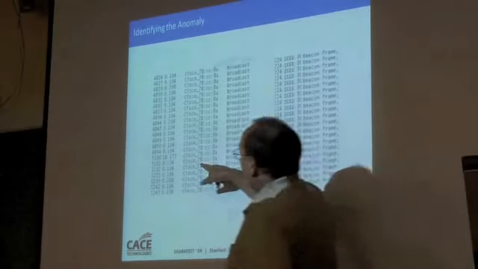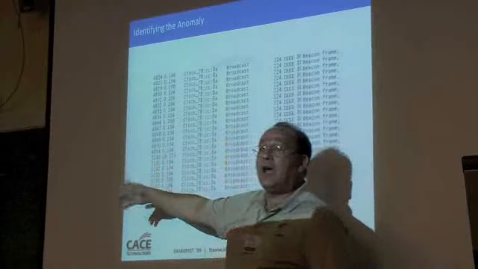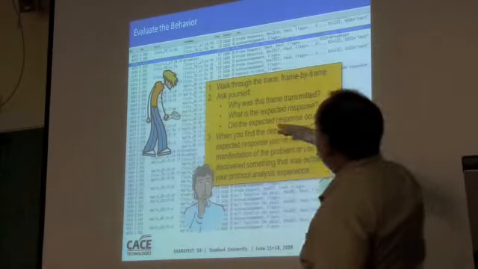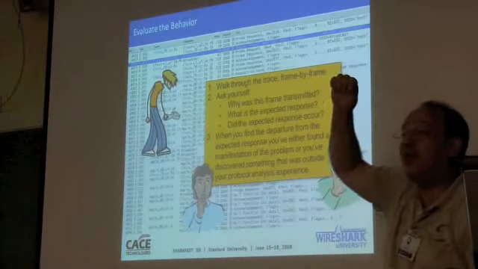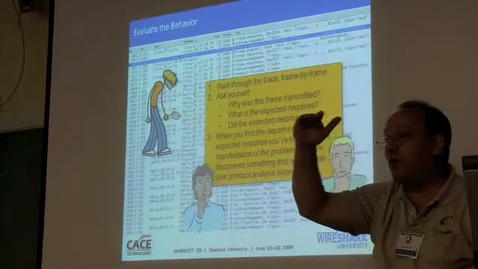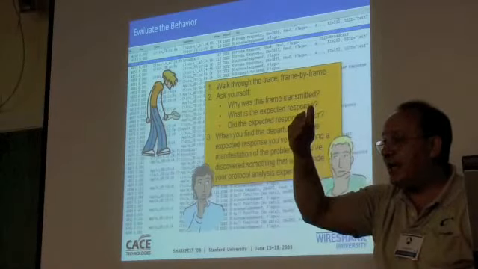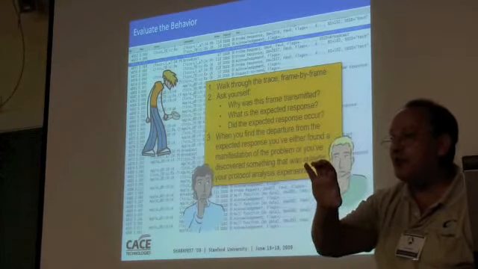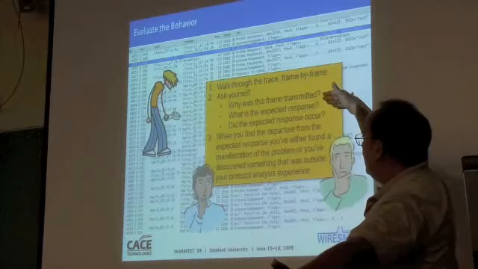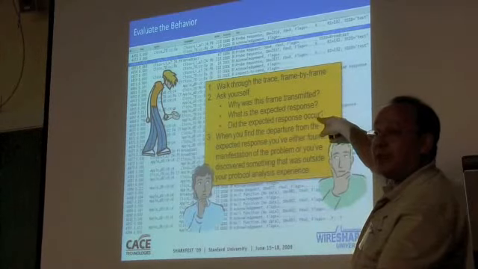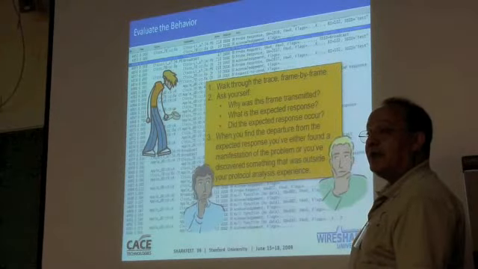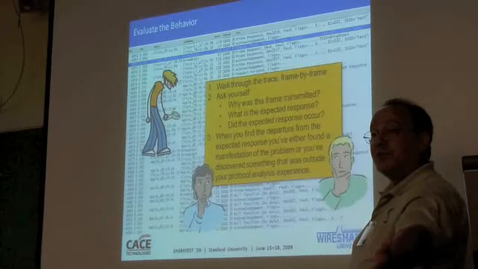Well, now I know that between 5854 and 5190 there was some issue going on, so let's go back and I'll turn the whole trace on. You walk through the trace. Once you have discovered the point where the anomaly occurs, you start walking forward until you hit the anomaly to see what led up to it, and you walk beyond that to see what happened during the anomalous situation. Why was the frame transmitted? What was the expected response? And did you get it? And so, why was the frame transmitted? That may involve going back to a vendor and saying, why did this particular device driver do this particular thing, whatever.